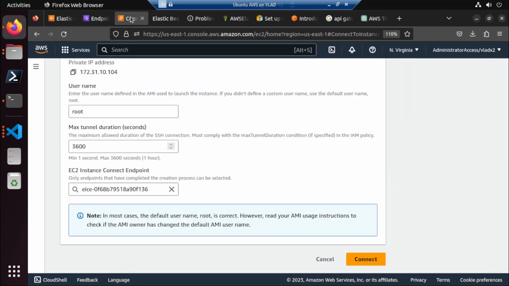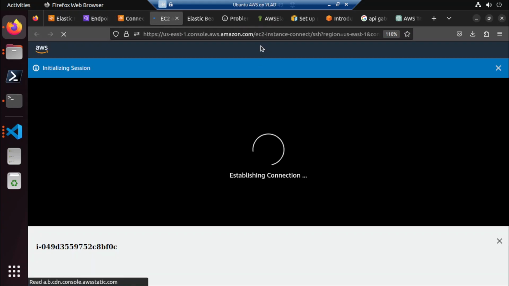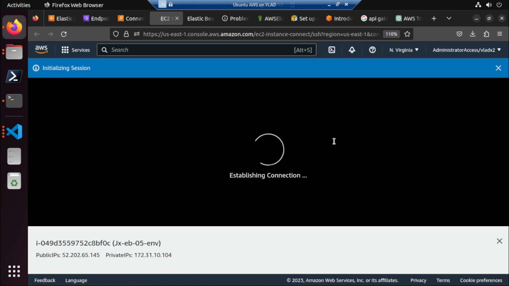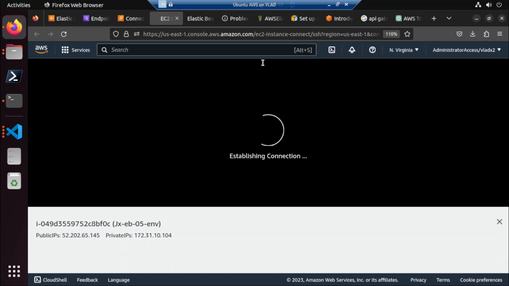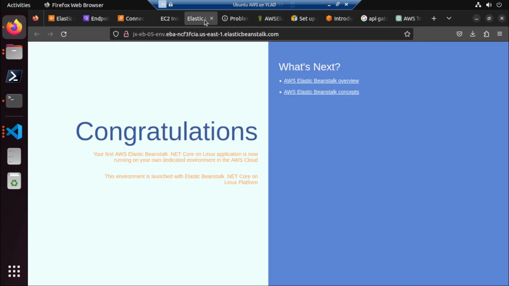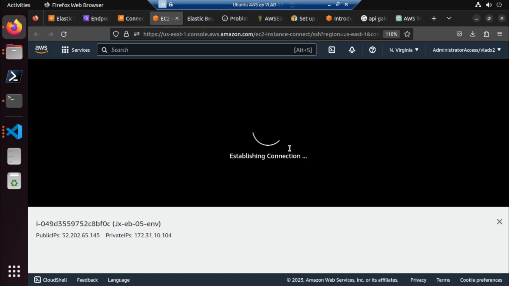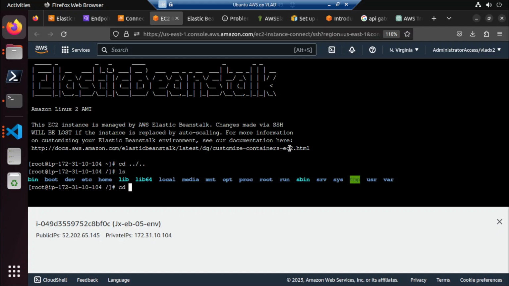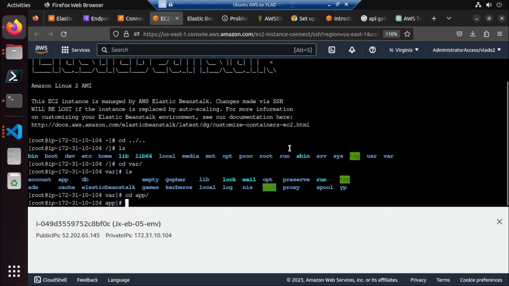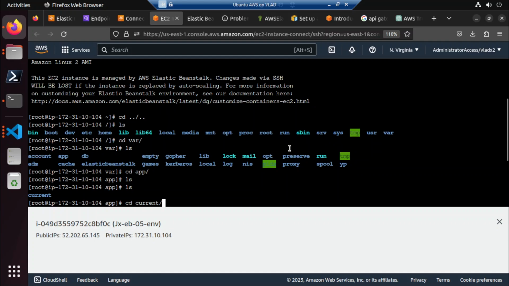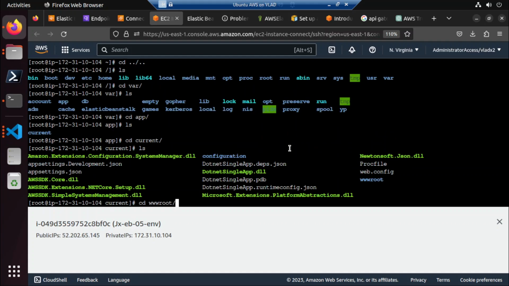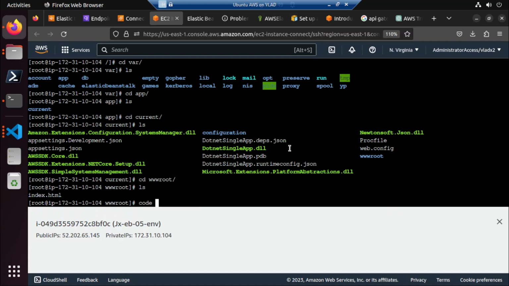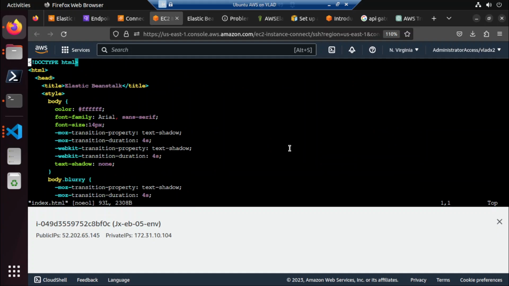Yeah, did we disconnect already? Yeah, can we connect again? Let us update the root so that we'll see if it will get updated. Establishing connection, then go to var, then go to app, go to current, go to wwwroot, and then vim index.html, and in here,